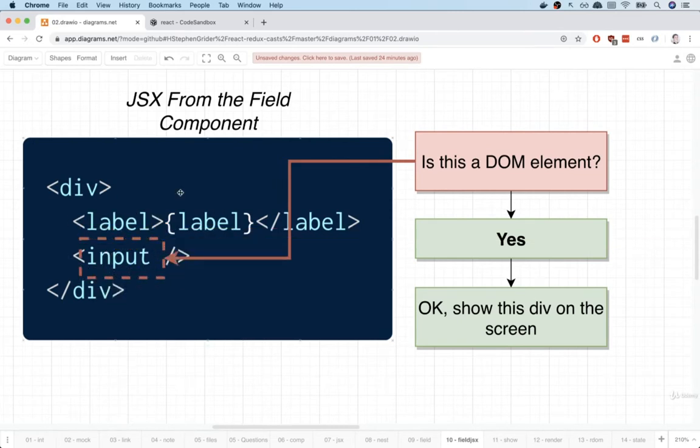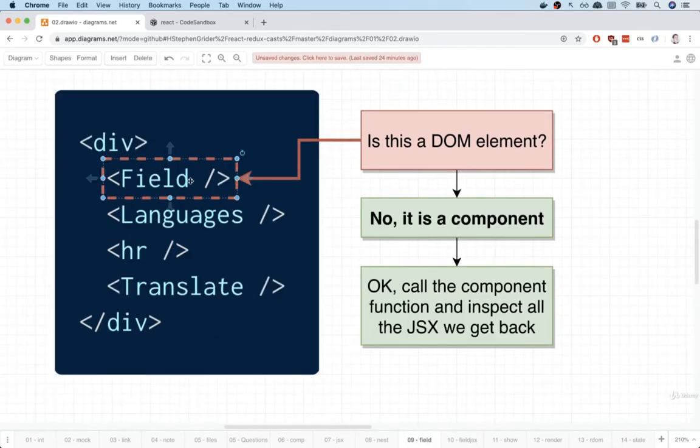After React has walked through all the JSX that is returned from the field component, it will then move on to the next element. So we'll take a look at languages. And once again, it will say, is this a DOM element? Once again, no, it's not. So React is going to find the language